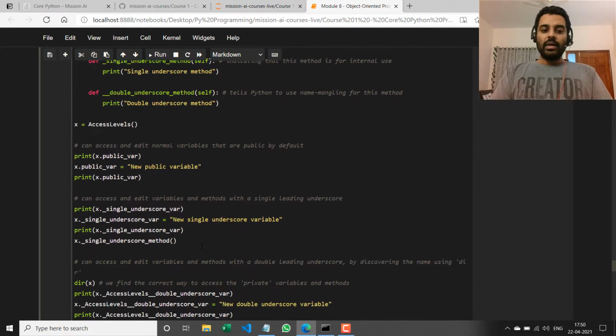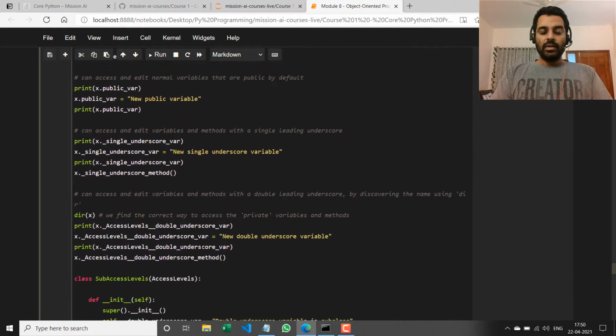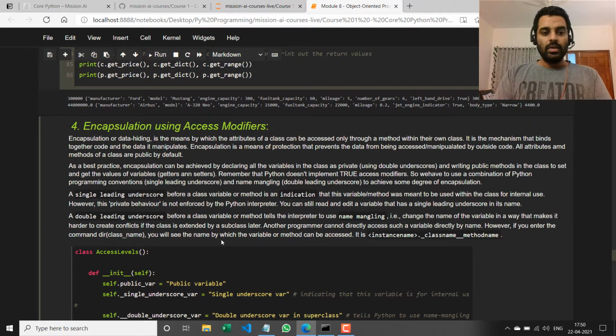So that's how the double underscore var shows up. This is exactly how it would show, right? So you have single underscore, then the class name, and then you have the name of the double underscore variable or method. Okay, so remember a couple of things.